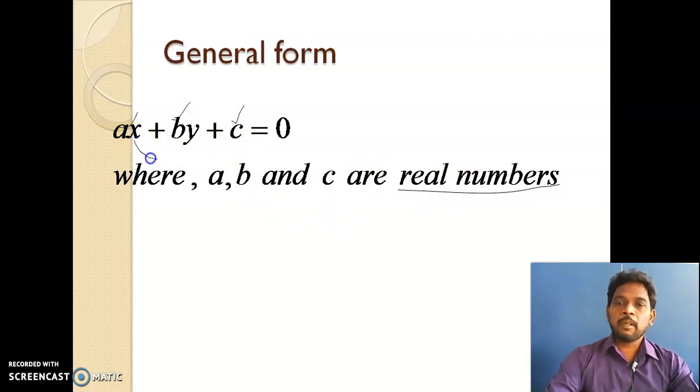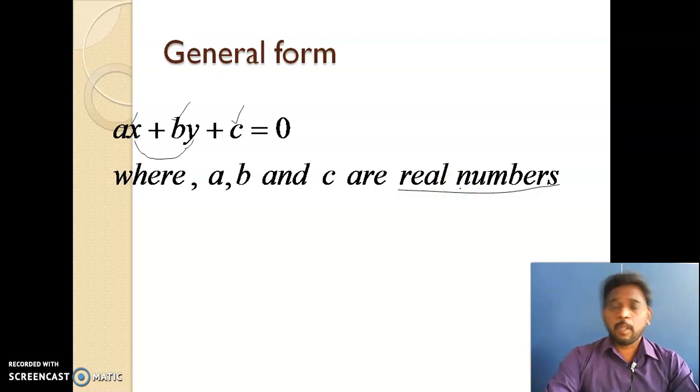The variables are x and y only. Here a, b, c are not variables, they are real numbers, that is, constants. Simply you can say constants. So here x and y are the variables and a, b, c are constants. What type of constants? Real numbers, right? And